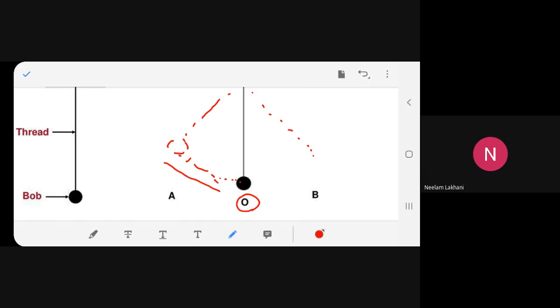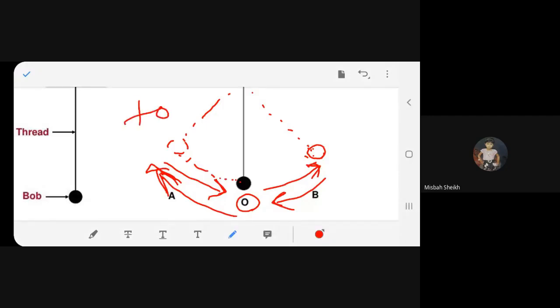Then it comes back. Again it goes over here. Again it comes back. And again it goes up. Yes or no? You can see the arrow. How is it moving? Can you see the arrow? Yes. This is called to and fro movement, which is known as